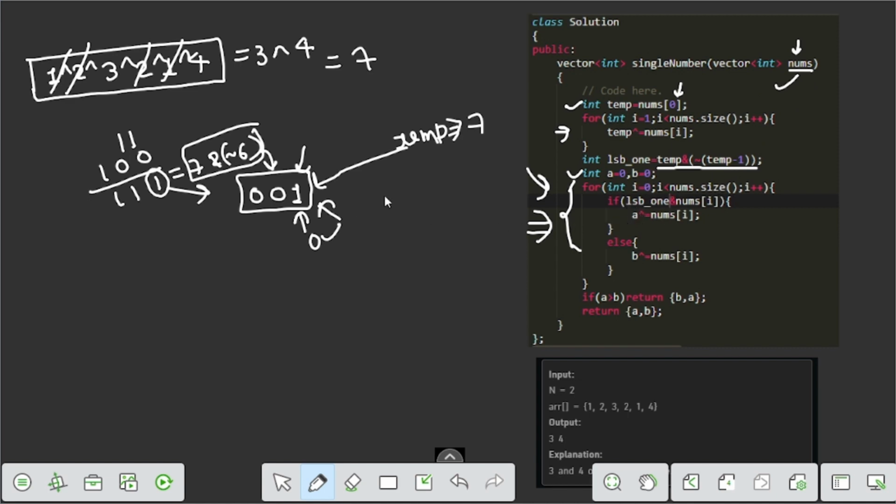So how do we divide the numbers into two sets, significant bit 1 and 0? If the last significant bit AND nums of i is true, then we store the number into a, and a becomes a XOR nums of i. If this is false, then b becomes b XOR nums of i. Why are we calculating XOR again? Because let's suppose